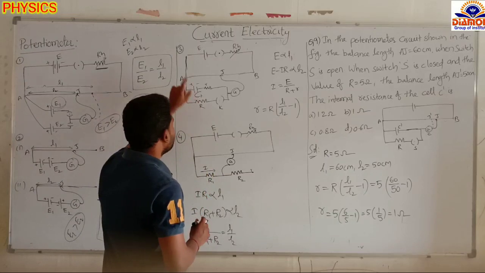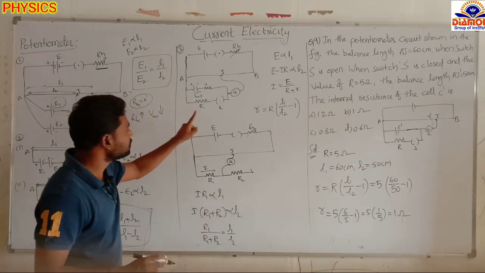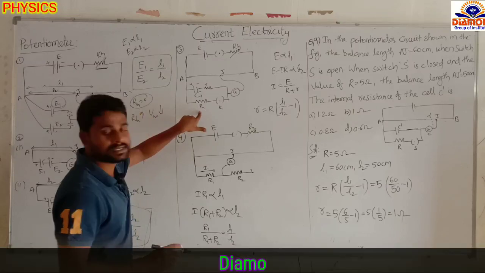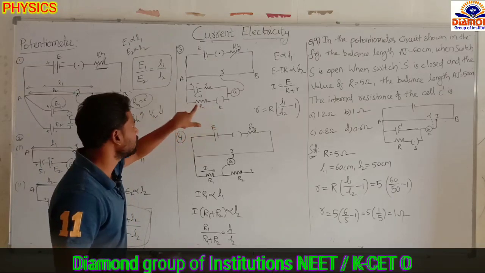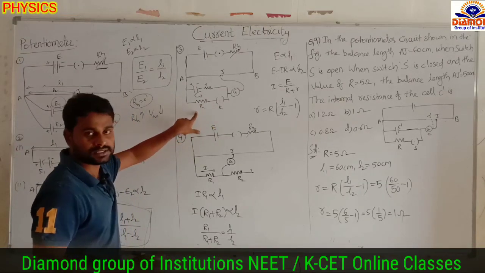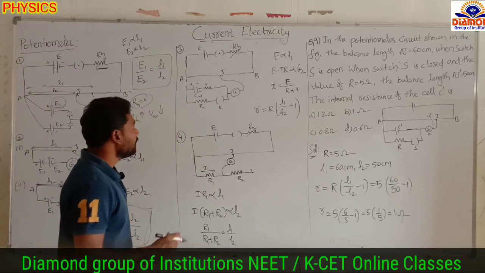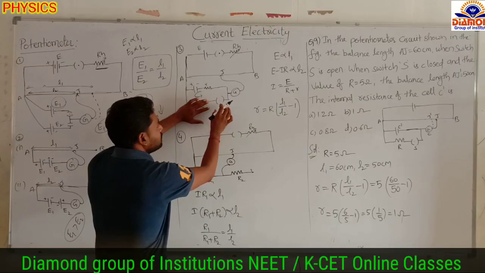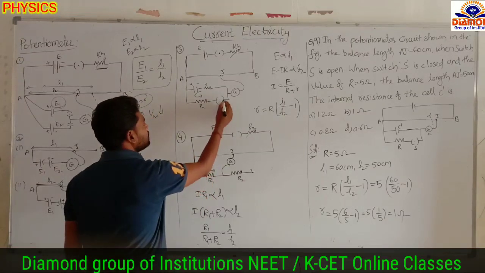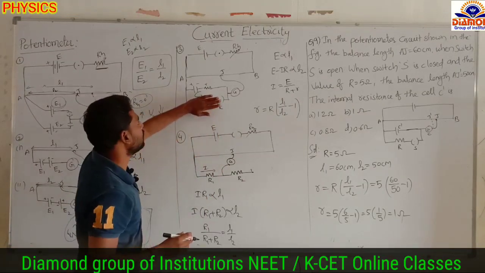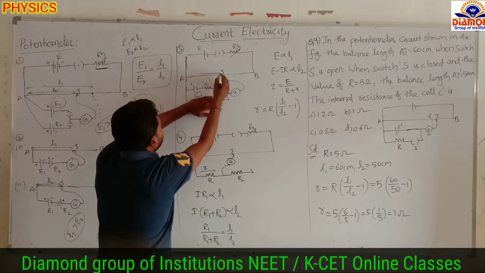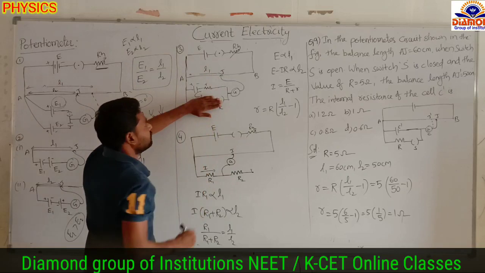Now here also, one thing you have to remember: we should connect the key in series to the external resistance only. Remember that point. In the first case, we do not turn on this switch, that means keep this switch in the off mode. If it is off, then current will flow through this one only like this, and we will get some deflection, L1.